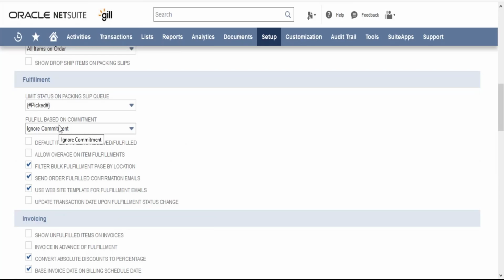Going ahead, there are some fulfillment related